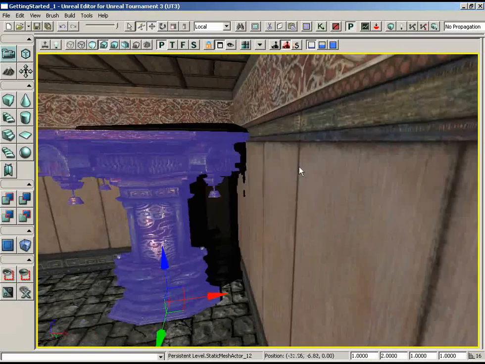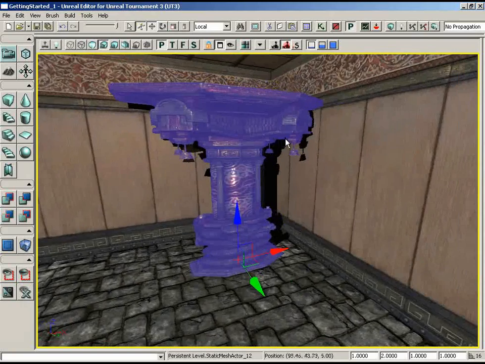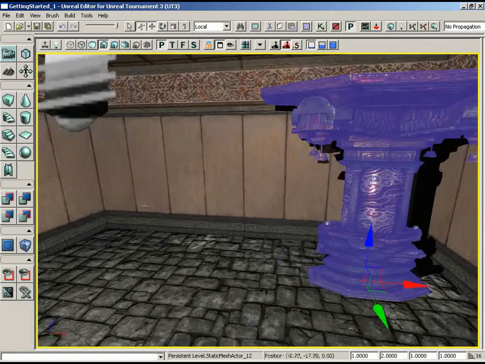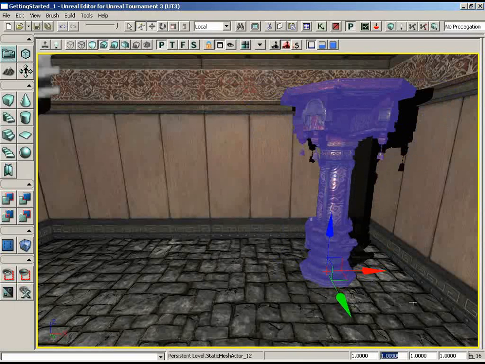That's a good representation of what happens when scaling on just a single axis. You can see it gets wider, but it still stays relatively thin in the Y-axis. But in this particular case, that is not what we're looking to do. We're looking to uniformly scale this up so that it fits between the floor and the ceiling. So we have the X, Y, and Z field here in the very beginning, which is nice because that means we don't have to plug numbers into each one of these fields. So we'll start off by setting this to, say,